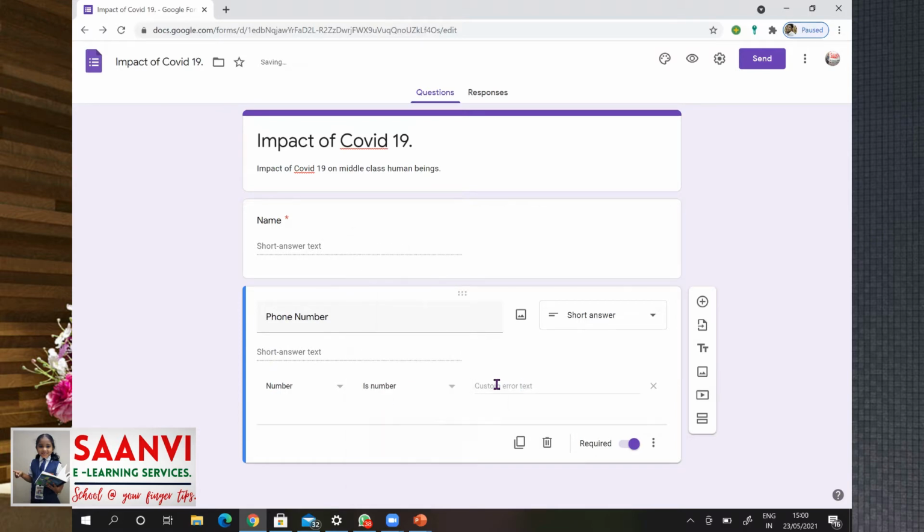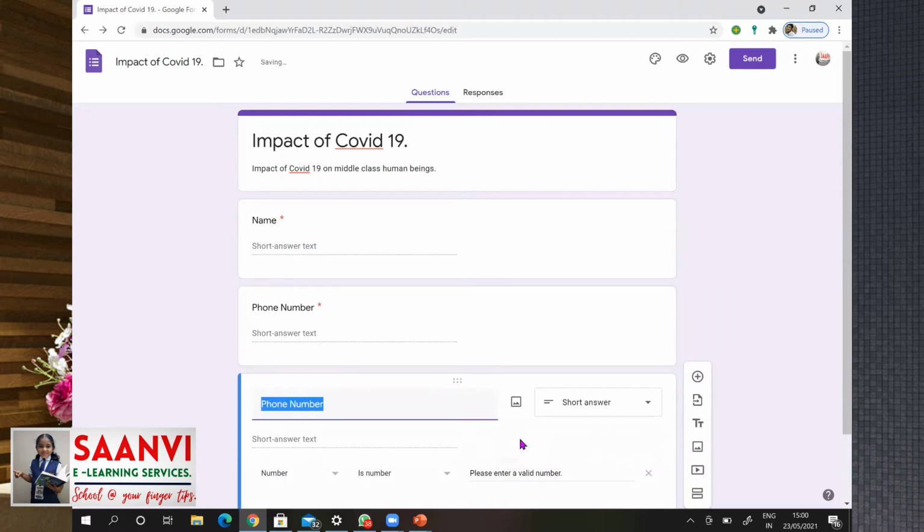It is a number, and if it is not a number, it should show a message saying please enter a valid number. Now let us also collect address by duplicating the field. Click on duplicate. Address, and as address consists of 4 to 5 lines, it automatically chooses paragraph.